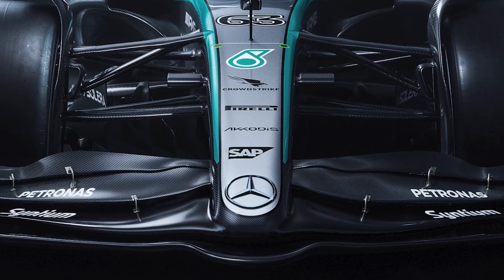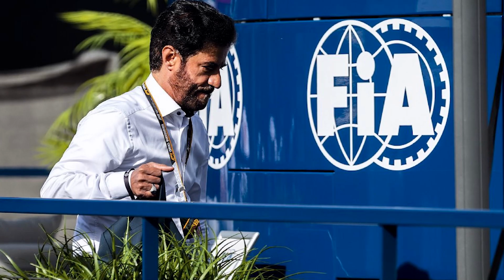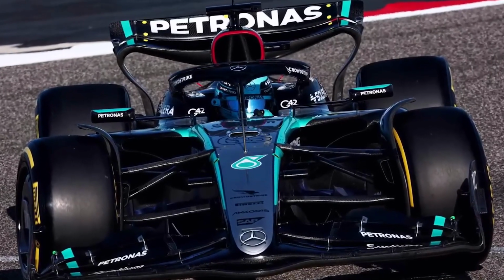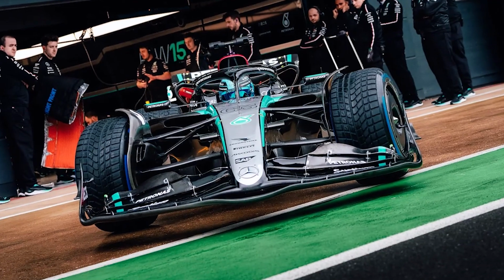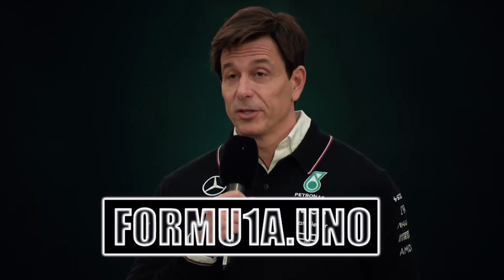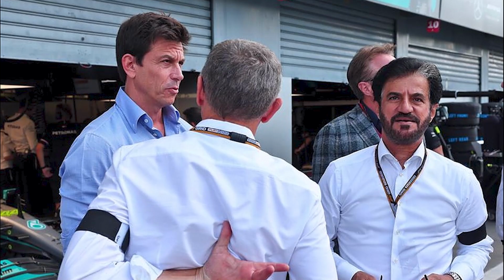Toto Wolff, the team principal of Mercedes, has clarified the legality of the W15's front wing, emphasizing that it was designed under the supervision of the FIA. The front wing, while not entirely new, cleverly interprets the Y250 vortex concept from previous car generations, aiming to manage turbulence caused by the rolling front tires. Wolff confirmed the expectations outlined by Formula 1A.Uno during a press conference, highlighting the team's adherence to FIA oversight in